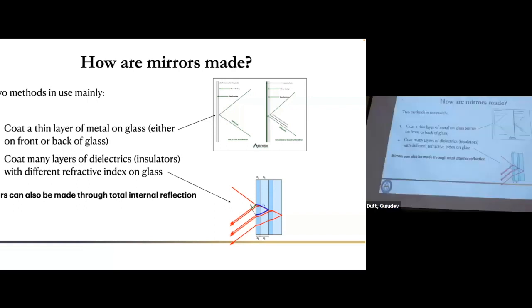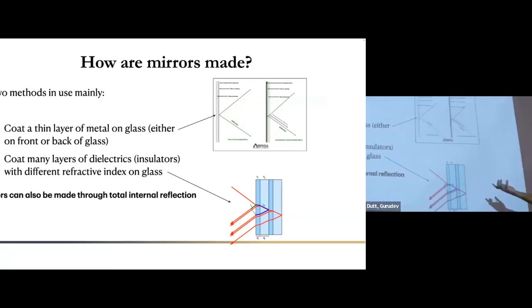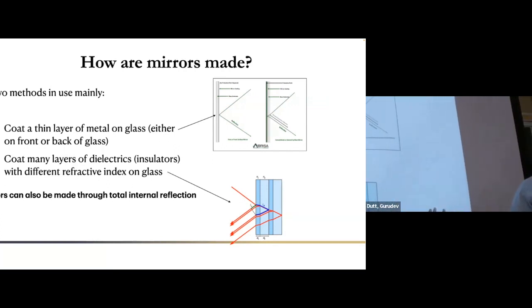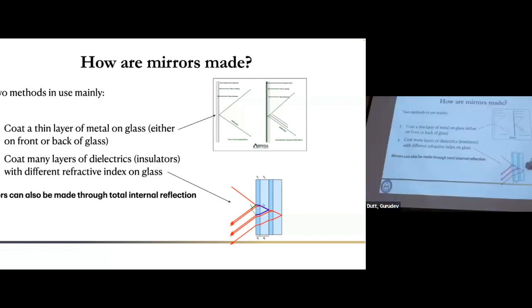If you have even a percent loss in that mirror, you basically lose all your light by the time the light does all the round trips. Even worse, you're dumping all that energy, because you have a very powerful laser inside the cavity, into the mirror, and the mirror will basically just get deformed by all the heating that's happening. So when you care a lot about the reflectivity, we found that this is one of the best ways in which we can increase it: